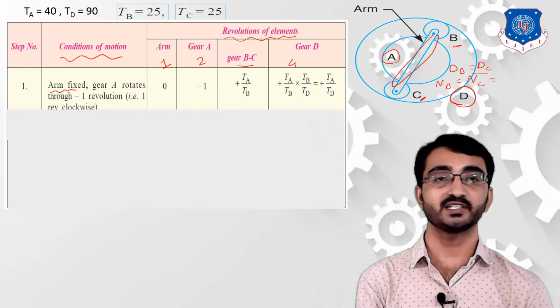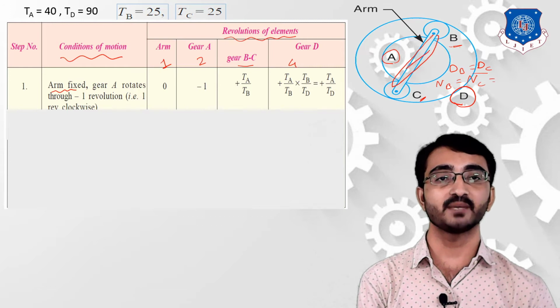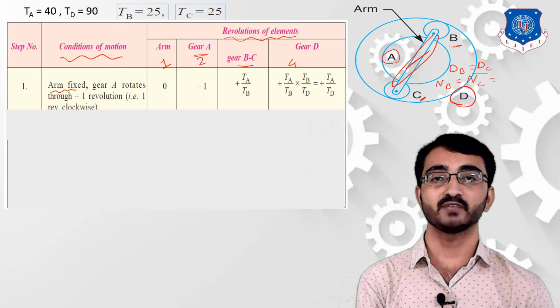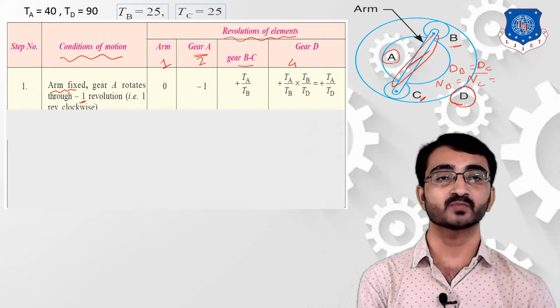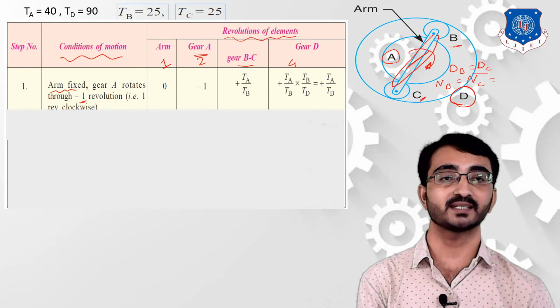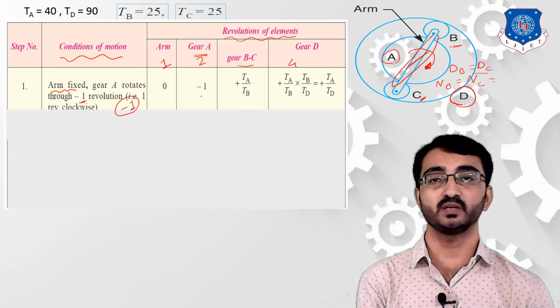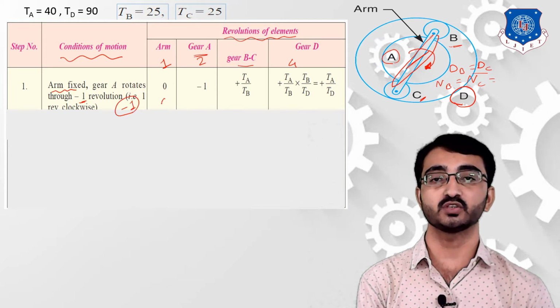Now in each and every numerical we will always consider the arm as fixed in the initial condition. So let's consider that gear A, which is your first element, is given -1 revolution, or we can simply consider that we are giving 1 revolution in clockwise direction. The clockwise revolution is considered as a minus symbol, so that's why we have to consider that -1 rotation is given to your gear A. So in this table, first of all you will put 0 for the arm,